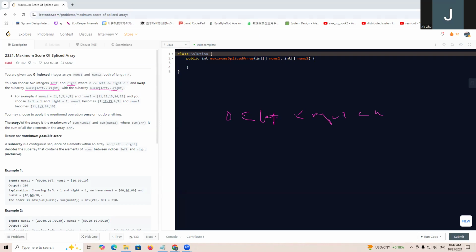And the score of the subarray is the maximum of the sum of nums1 and nums2 after swapping. So return the maximum possible score. So you see the left can be greater or equal to 0, right smaller than n. Right? That means for this kind of range,